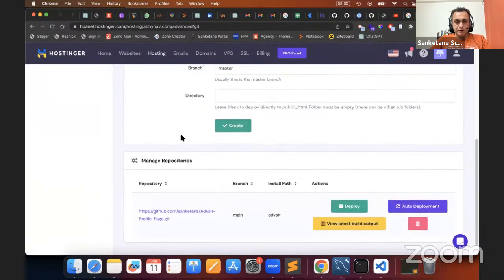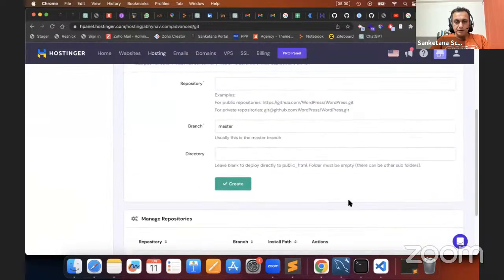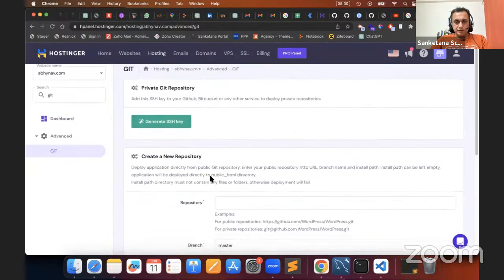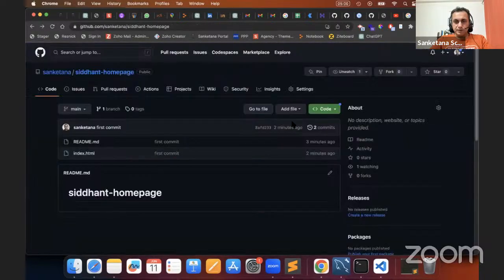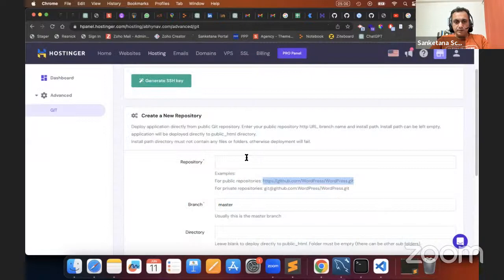So we can create a new repository, and we can configure a deployment and automatic deployment. This I've already done for the other one. Let's do it for Siddhant. For this, I need the Git URL. This Git URL you will find in your Git repository, under code, copy. Go back, paste it under here,